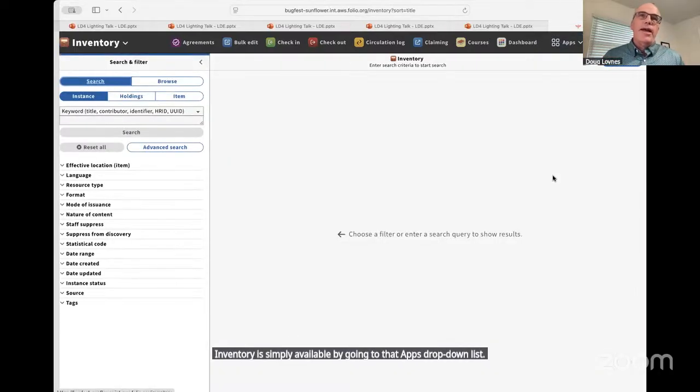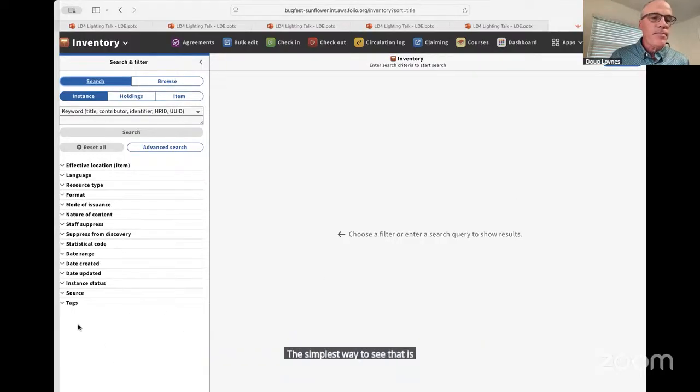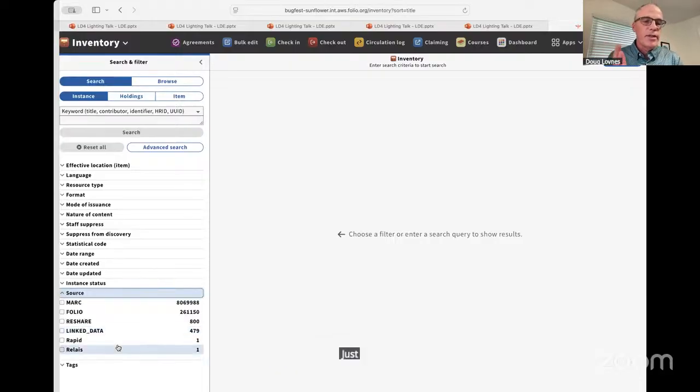The inventory application is Folio's brain and heart. It keeps track of everything that's in the library's collection as it's registered in inventory. The simplest way to see that is under the search limiters, just open up source, and you can see in this case that there are